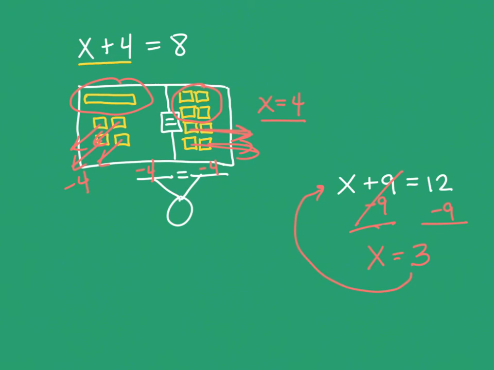So this whole lesson is about modeling the equation so you can get used to the algebra tiles, and then solving for the variable, isolating the variable by using inverse operation or opposite operation. Instead of add 4, I will subtract 4, opposite. As long as I do the same thing to both sides of the equation, it will stay equal. So that's what this whole lesson is. I'll do one more with you, and I think you're ready to go.